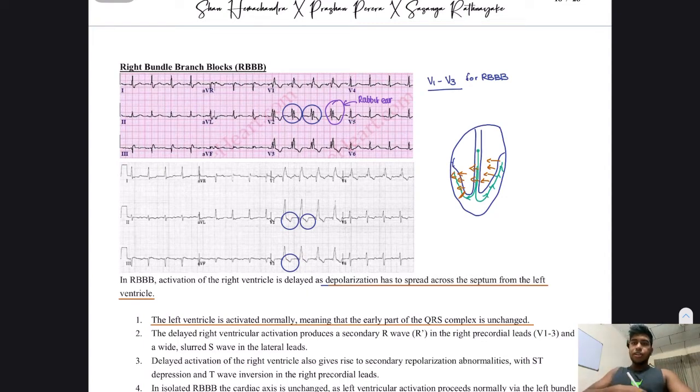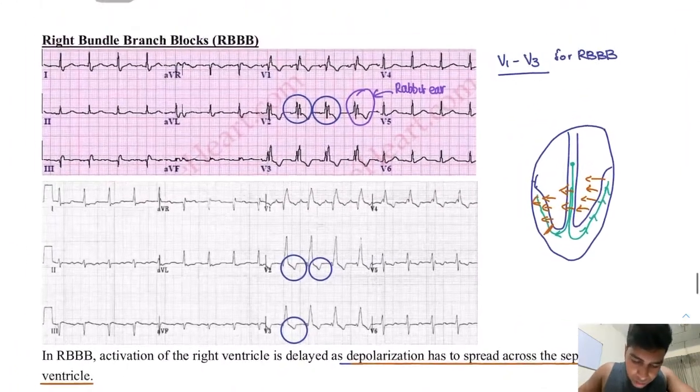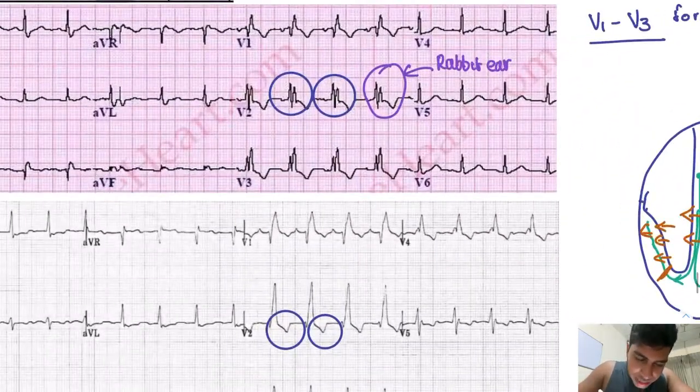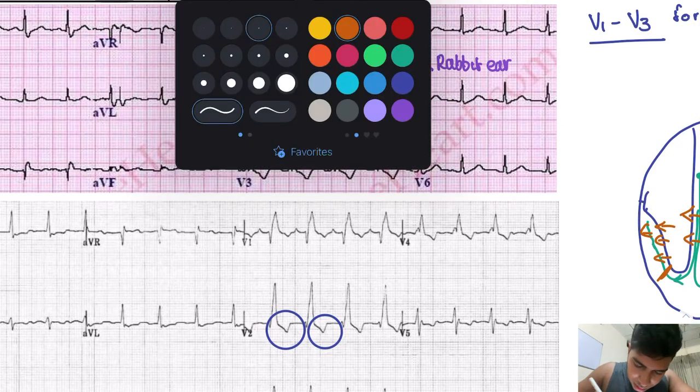V1, V2, V3, V4, V5, V6. These are the precordial leads, the ones related to the heart, placed around the heart. So V1 and V2 are on the right side of the heart. So you see the changes in those two. This is very important for right ventricular hypertrophy and for bundle branch block. So listen carefully. If you look carefully, you will see in V1 and V2